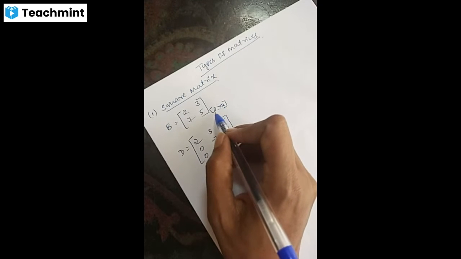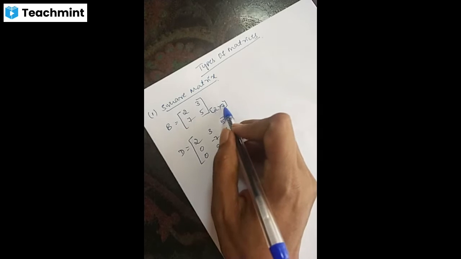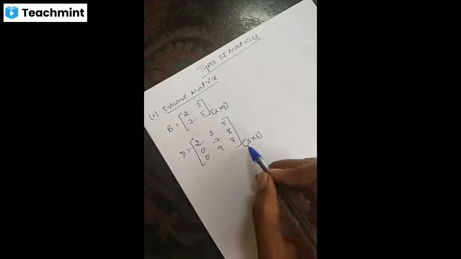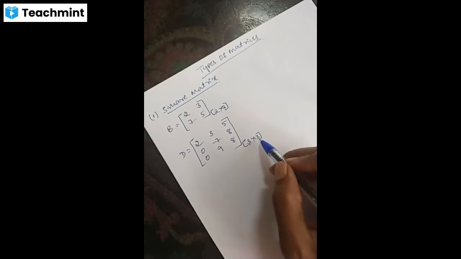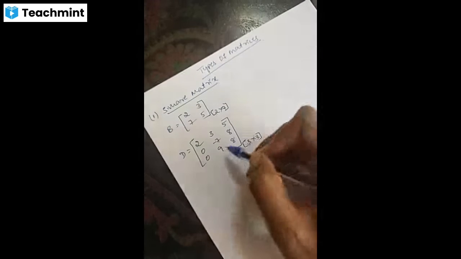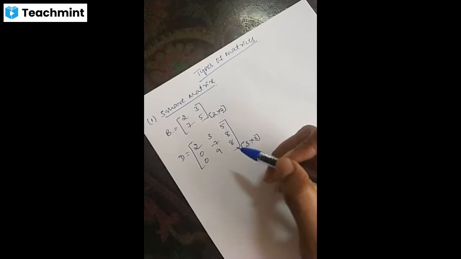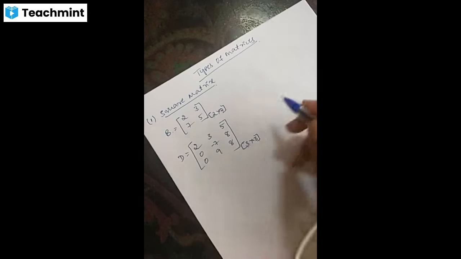You can see here, right? The number of rows is equal to the number of columns in the matrix B. In the matrix D also, the number of rows is equal to the number of columns. Then, what is the definition for the square matrix? Square matrix is a matrix in which